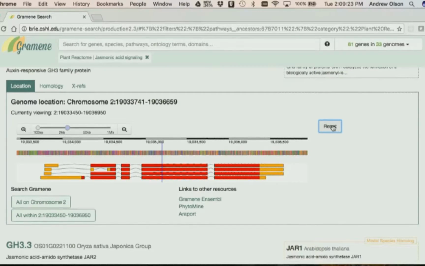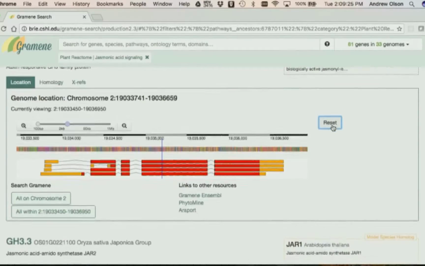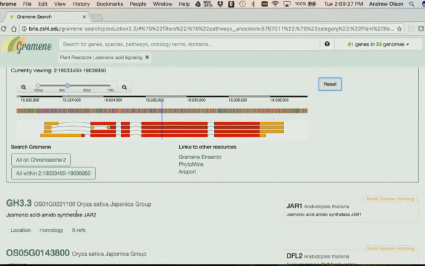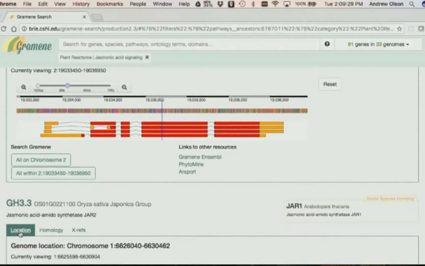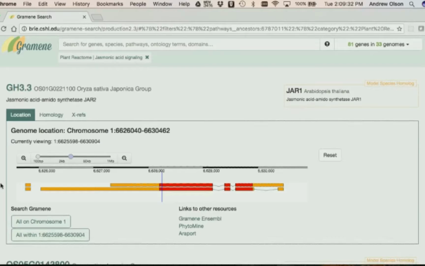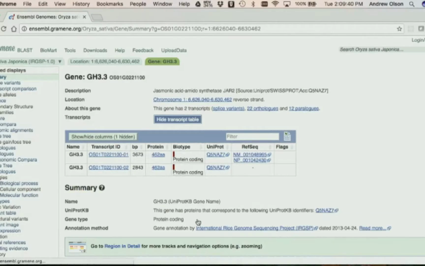But let's suppose you're more interested to see some more details about the rice gene. Let's click on this location view, and you can see this version in rice has two isoforms, but if you want more information, you can click through to the Gramene Ensembl site. And this is the gene page on the Gramene Ensembl site,